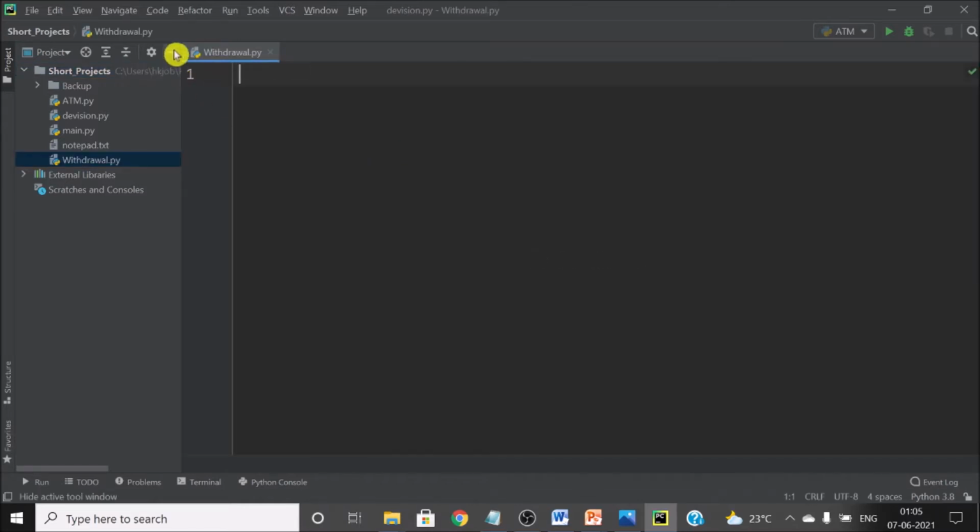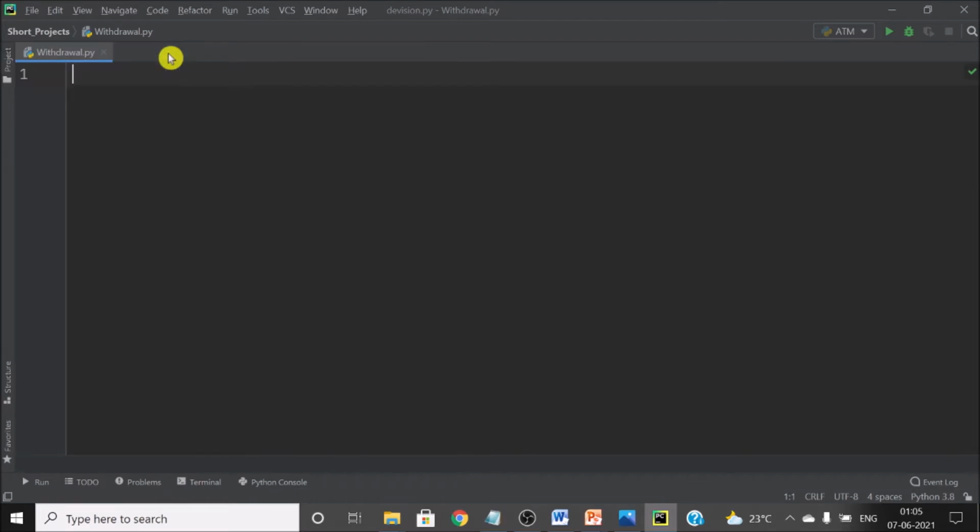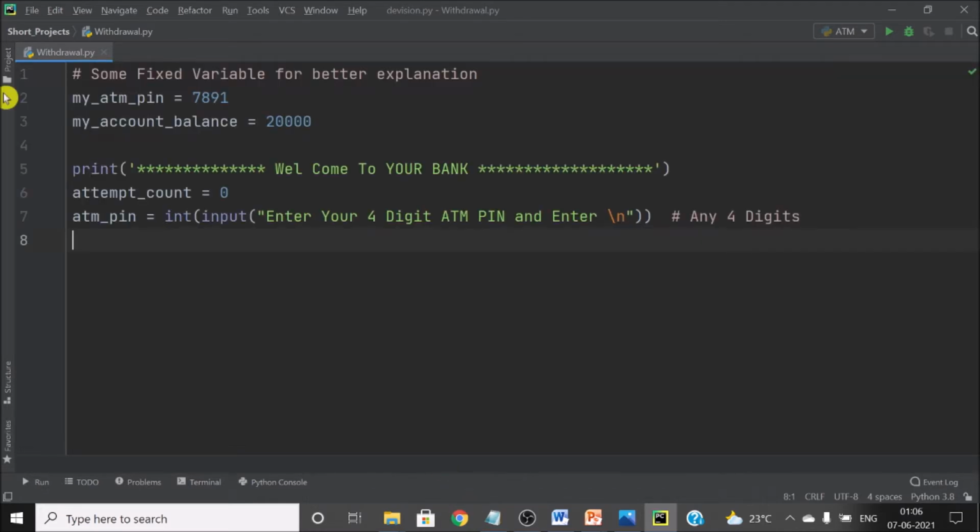Okay, let me minimize this portion so that we have more space. The first input which we need is the amount and the ATM pin. For illustration purpose, I have taken these lines of code already, where I have fixed an amount and assigned an ATM pin.